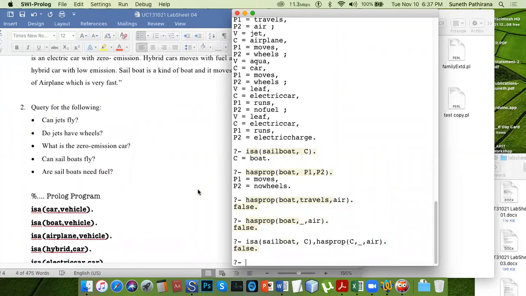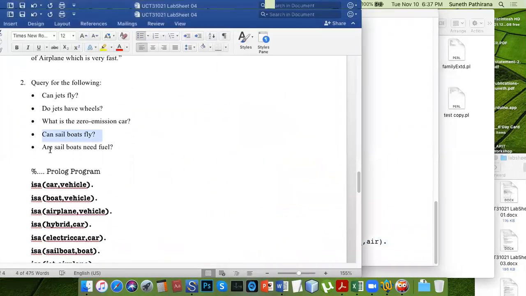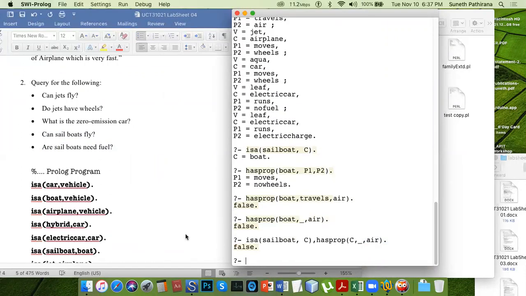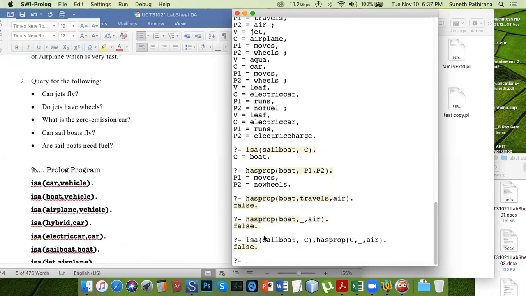So the other question, do sailboats need fuel? So what you can do is as prop. Now you know sailboat is a vehicle. Category. Now that category boat.